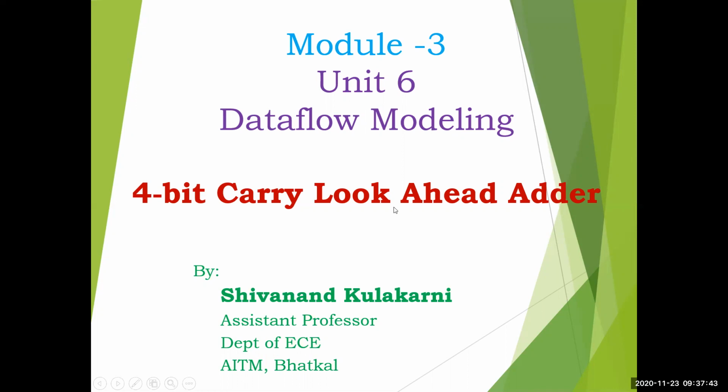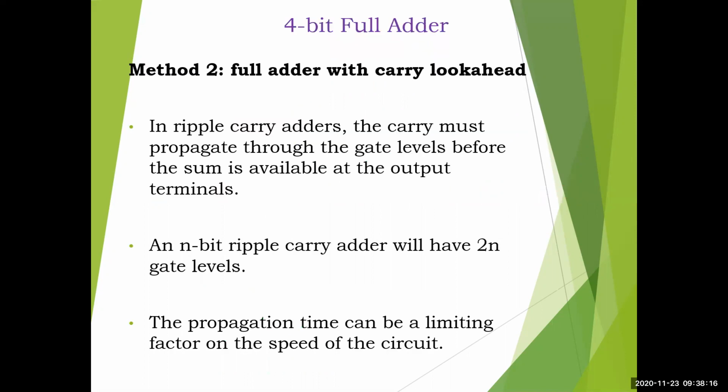Because of this, the delay is reduced. In the ripple carry adder, if you are building an n-bit full adder, maybe 16-bit or 32-bit, that much delay will be involved, something like 4 into 32. But here, since we are generating the carry in a separate block and giving it at a time, the overall delay is the same. It is not going to change as you increase the number of bits of the full adder. That's why this is normally used in algorithms in industries everywhere. So this is the method.